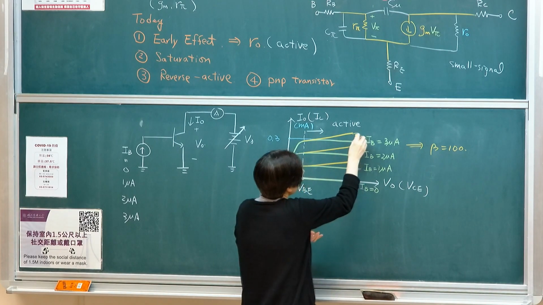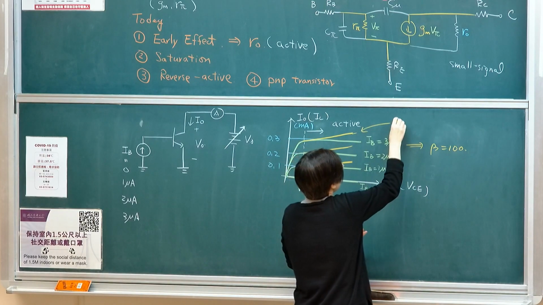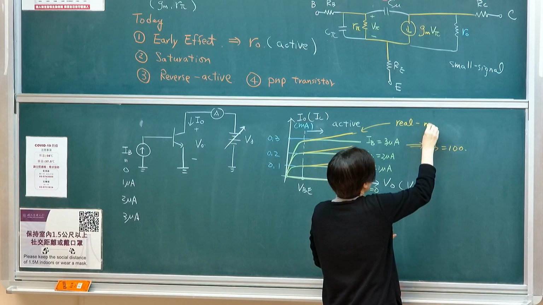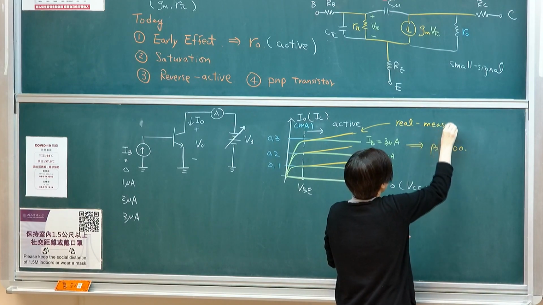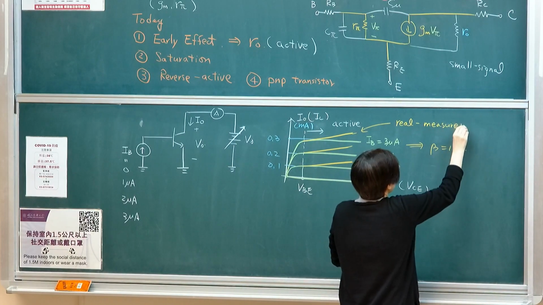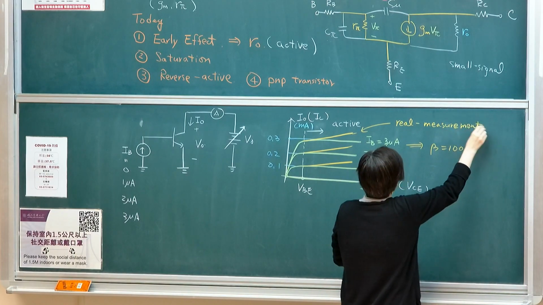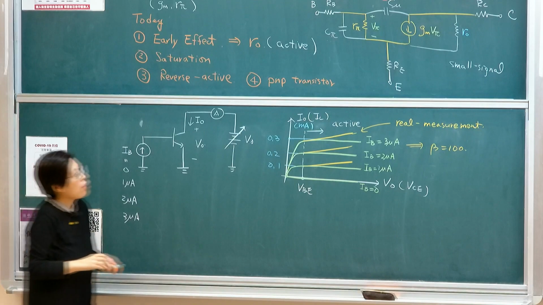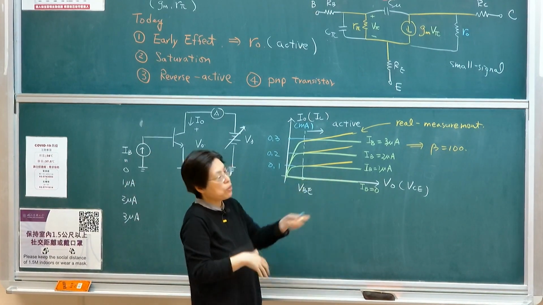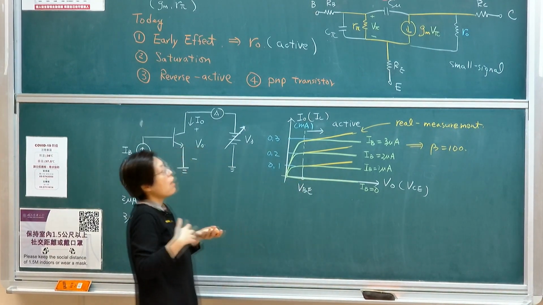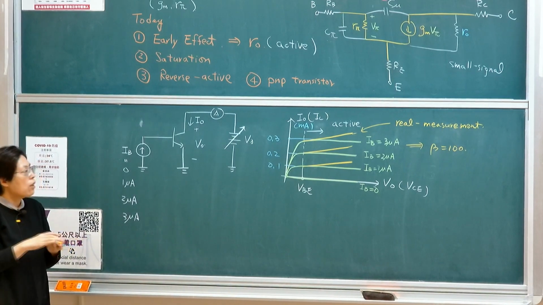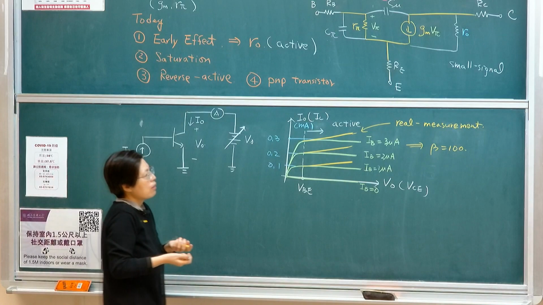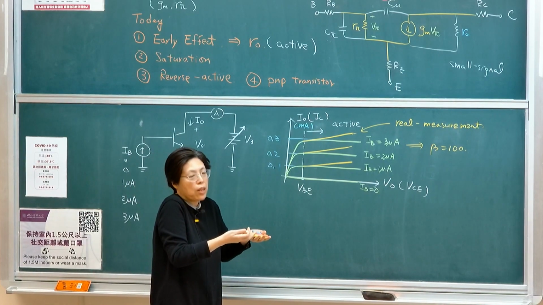So green is first order, and this is the real measurement result if you actually get a device. We assume that the green is what you project based on the model. The model tells us that it's supposed to be an ideal current source, but it's not an ideal current source. So what he did, in maybe the 70s, he doesn't actually spend much time